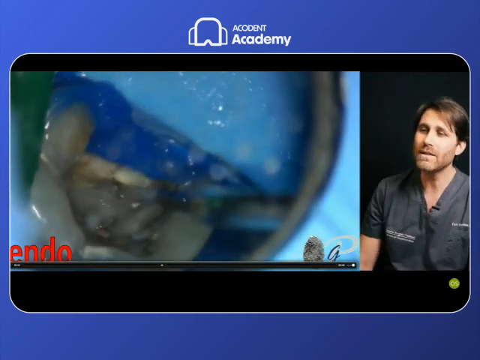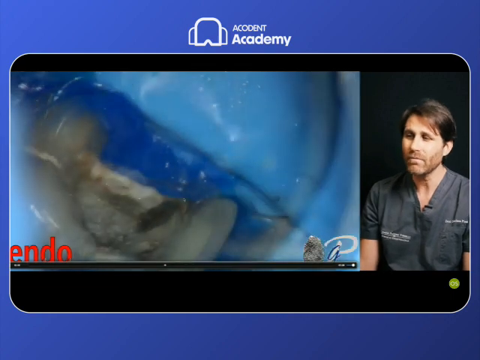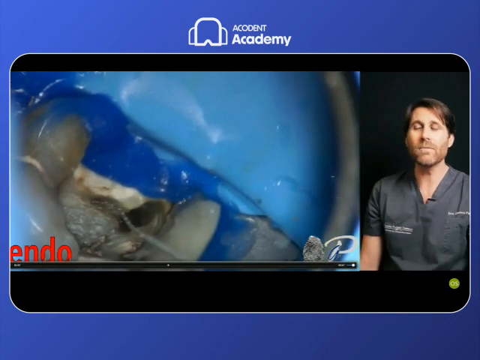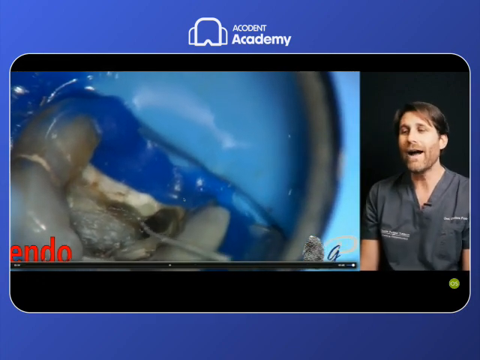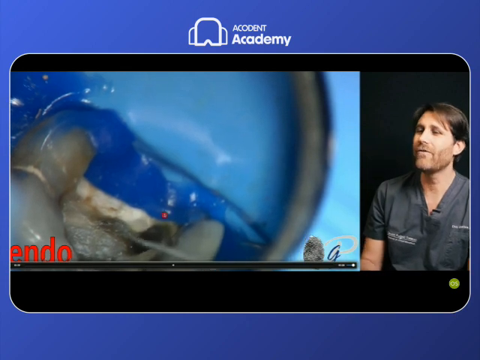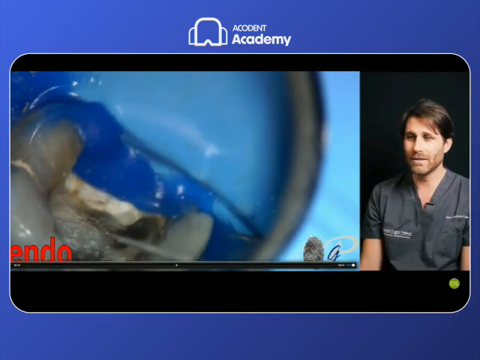Going deeper inside the root, we remove more calcification, we make the trajectory easier for the file, we create more space, and then finally we can try with the mechanical files, because again, hand files here, like you see here, don't penetrate anything in this orifice.